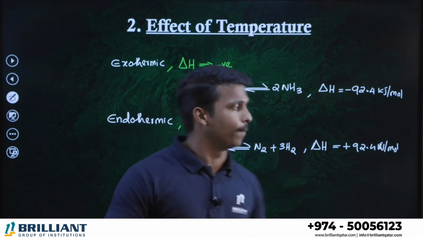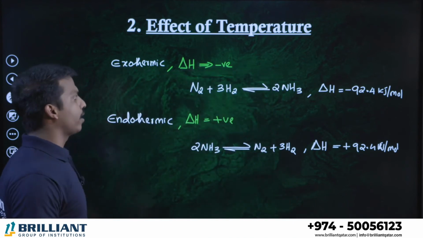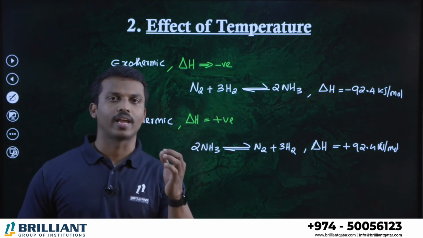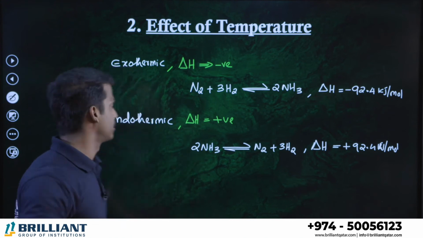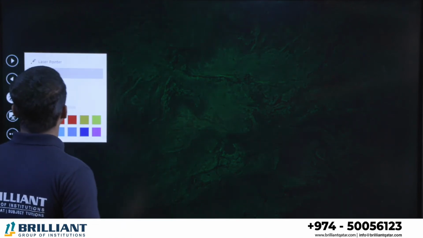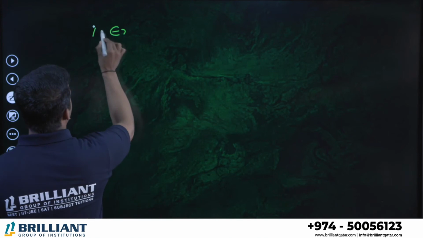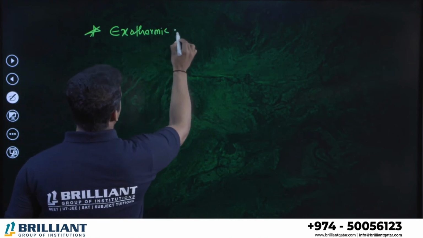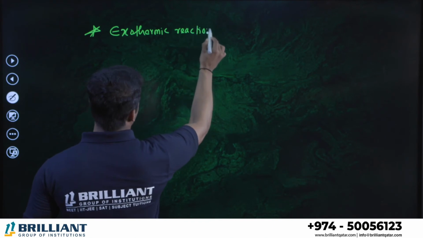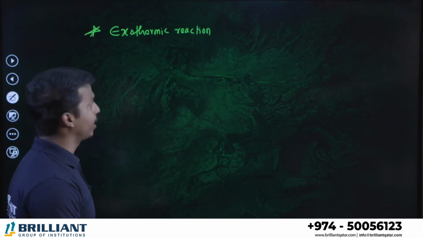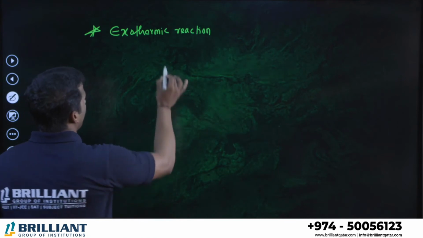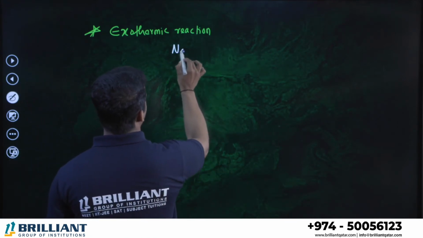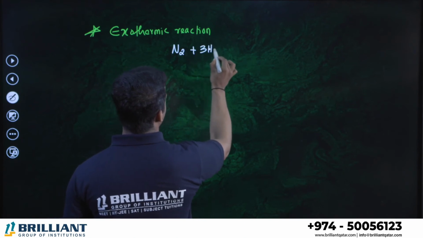Okay, so this is the way to find out whether the reaction is exothermic or endothermic. Easy? Okay. Now, for an exothermic reaction, when you increase the temperature and decrease the temperature, what can happen? Okay, let's discuss. Dear all, generally for an exothermic reaction, I'm just making the same equation once again, N2 plus 3H2